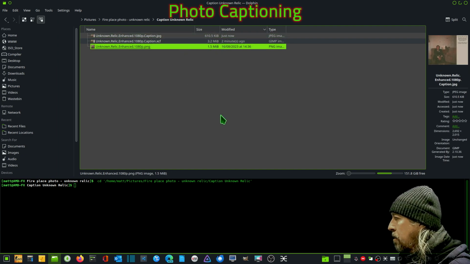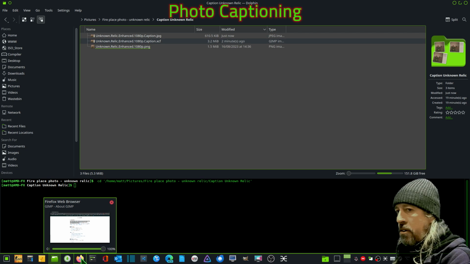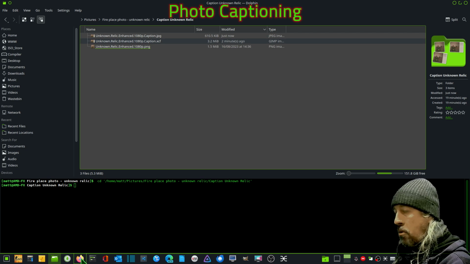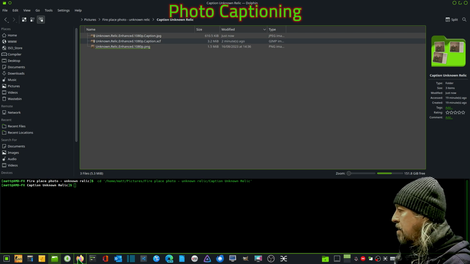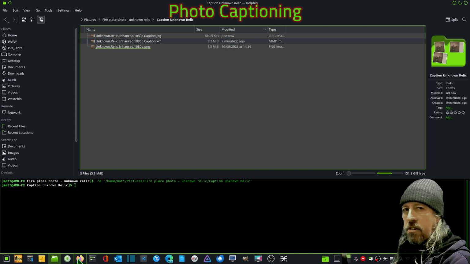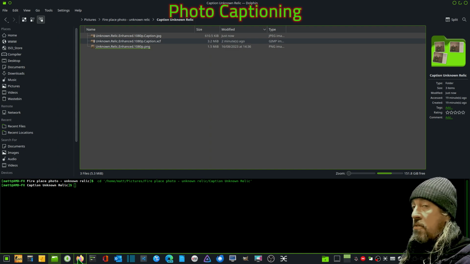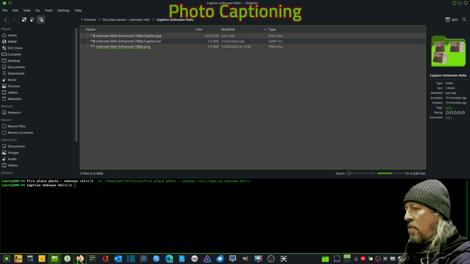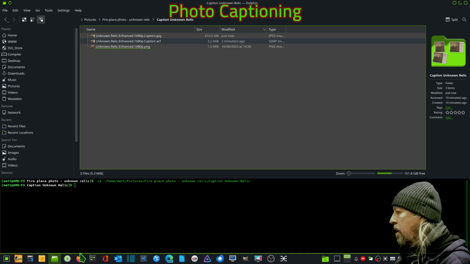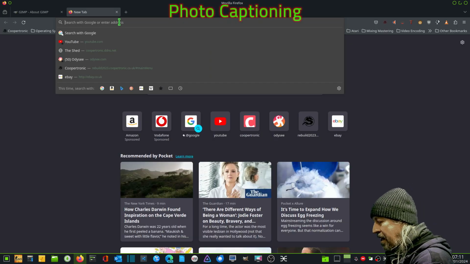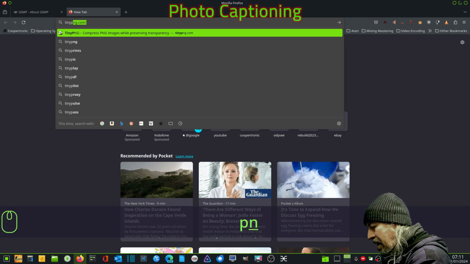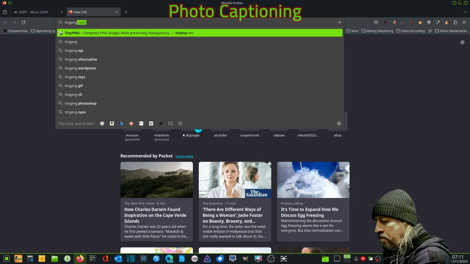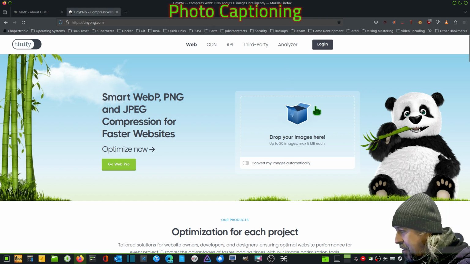Now, I'm going to let you into a little secret here. I'm going to show you how you can crunch it down even more if you want to send it over the internet. If you're sending a lot of things, doing this will save a lot of bandwidth and make sure that whoever's receiving it will be able to get into it. There's a little website called tinypng.com. We go here and you can put your images in here, convert images automatically, or you can just click